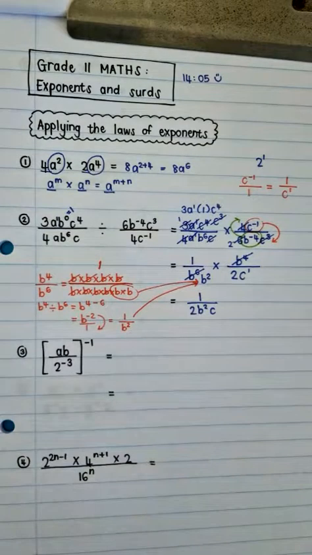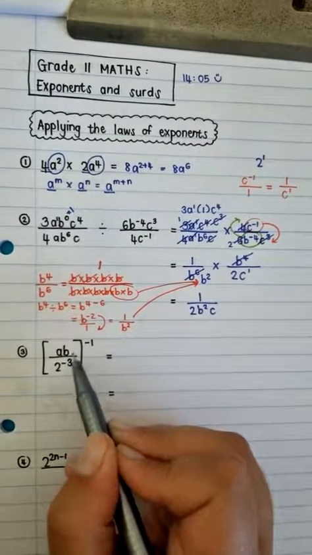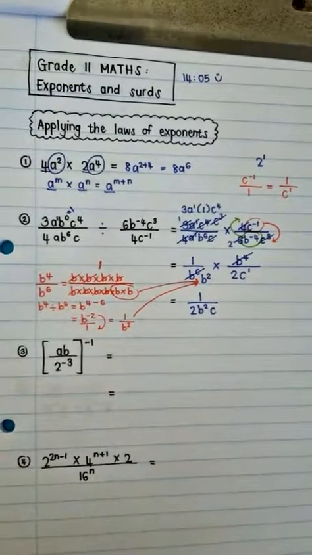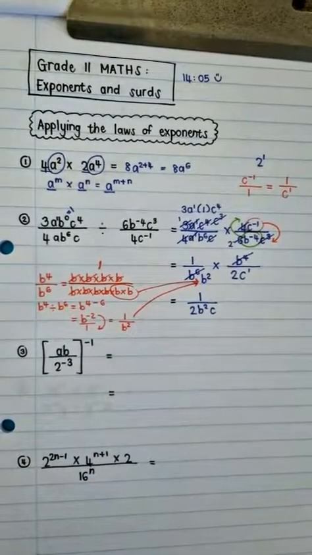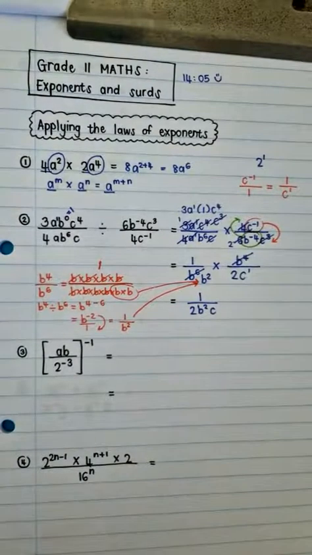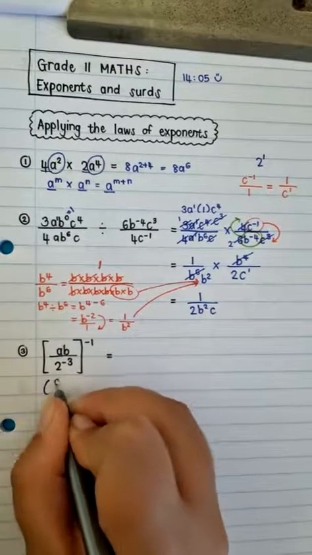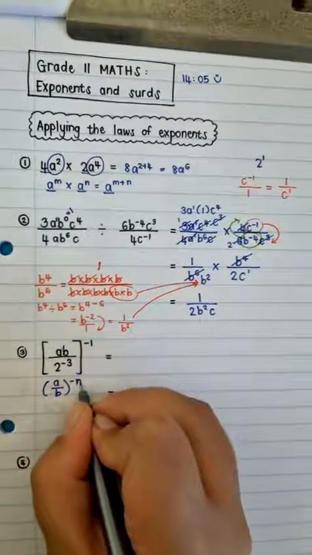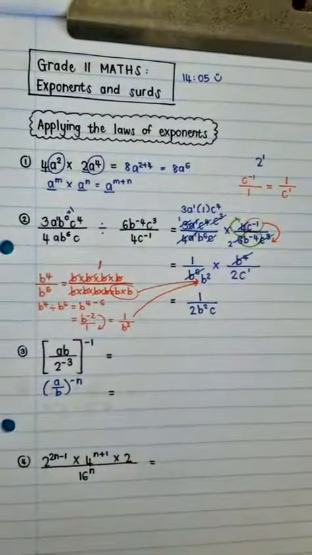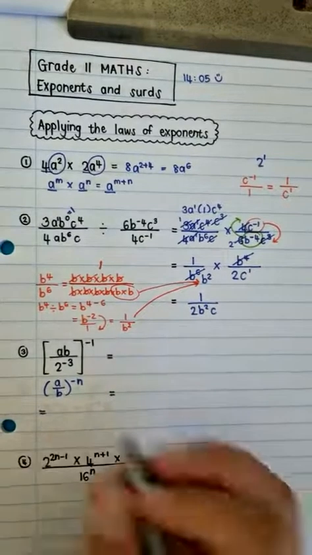For number 3, here we have, in square brackets, a fraction, and then the whole fraction is raised to the power of negative 1. Now, this is a rule that you might have written down, or an exponent law that you might have written down separately, you might not have. But if you have a fraction that is to the power of a negative exponent, let's say negative n, because it doesn't have to be a 1 necessarily, it can be any negative number,